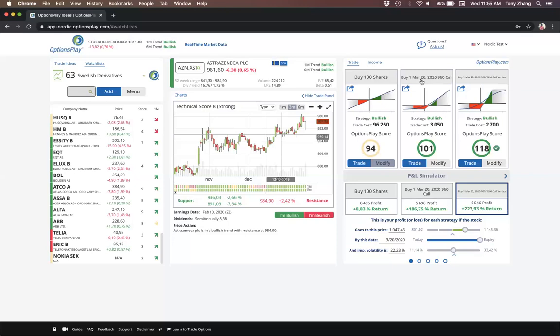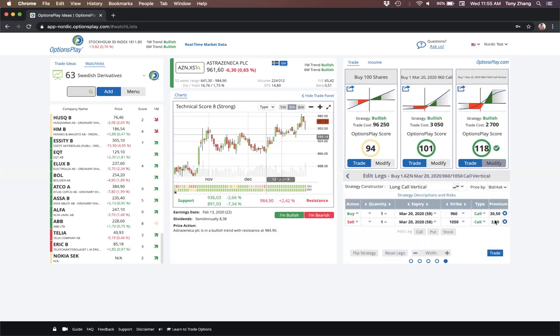So in this particular case, I'm buying the March 20th 960 strike call option because the current price of the stock is 961 crowns. That's why we're buying the at the money call. And if you look at this call spread, what I'm doing is I'm still buying that $960 call option that